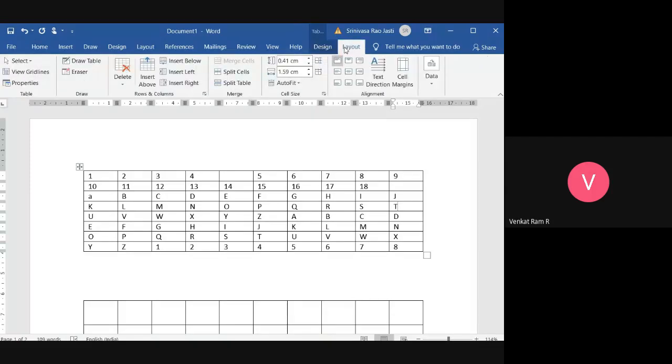See here, layout is there. In this layout, see here, split cells or split table. Two are here. So if you want to split the table, just click on that.